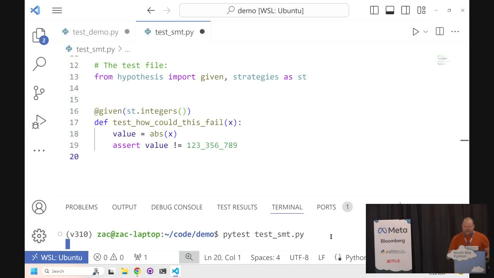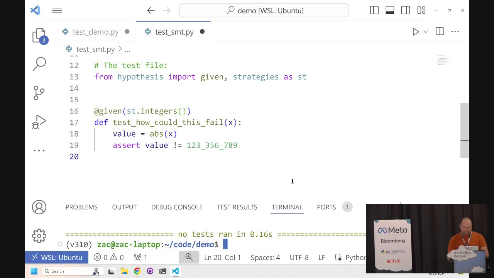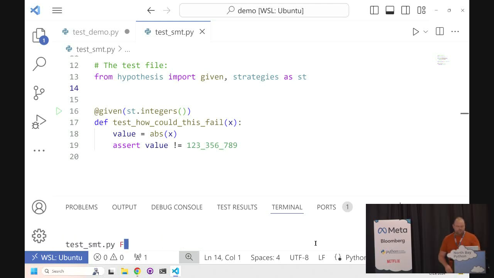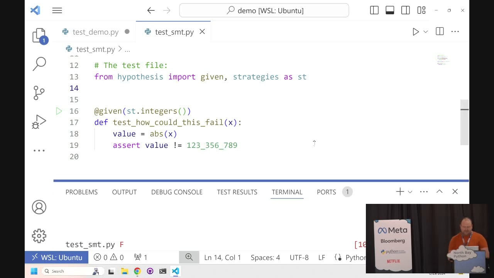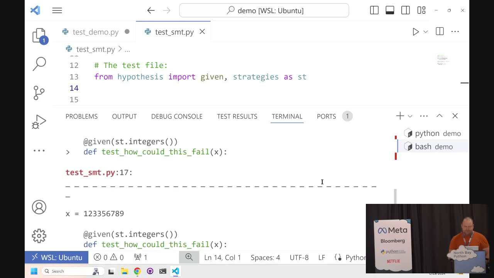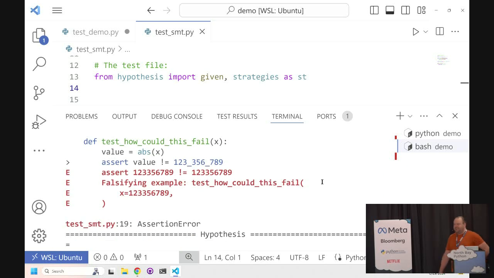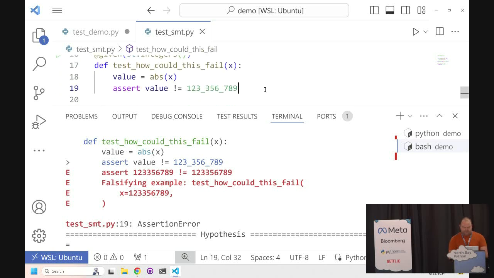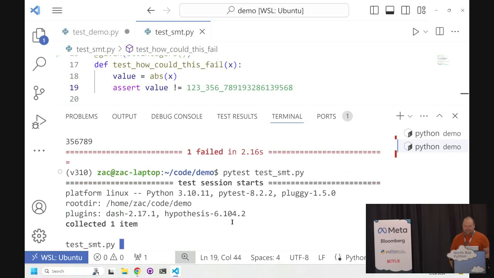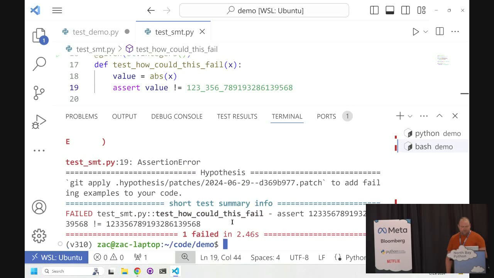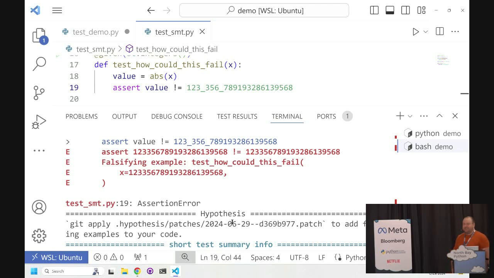And so the goal here is that by, I have to save the file again, that's a good tip. If we can solve that, then we can have our computer reason through the failure and find the exact value. And there it is. It's found a falsifying example in about 1 second of runtime. We could just make this number larger, right? We're like, well, let's add some more digits. That should be fine. We'll run this again and see how long it takes. Oh, still instant.